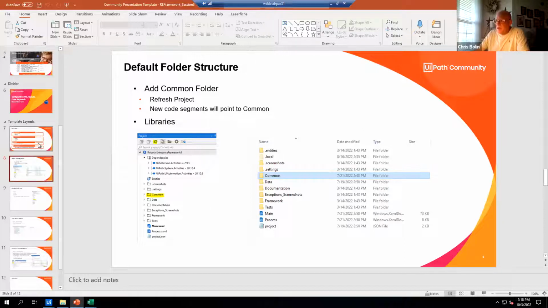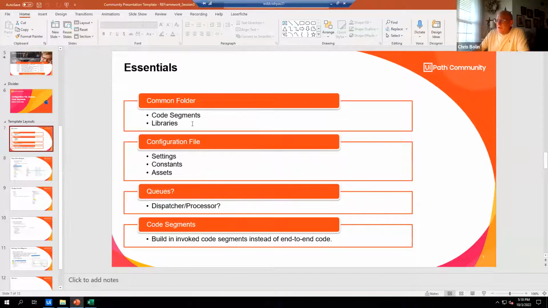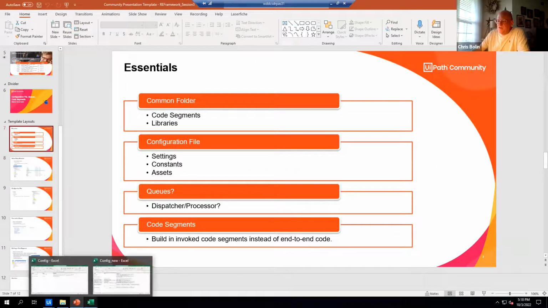Okay. All right. Code segments and libraries. Let's look at some configuration files. Now, I'm on one of the older versions of UiPath, because we don't upgrade to 2022 until I think it's May or June of next year, because we can't do it while we're doing the accounting system upgrade, which is taking a year. Okay. That's how involved it is. So I'm on